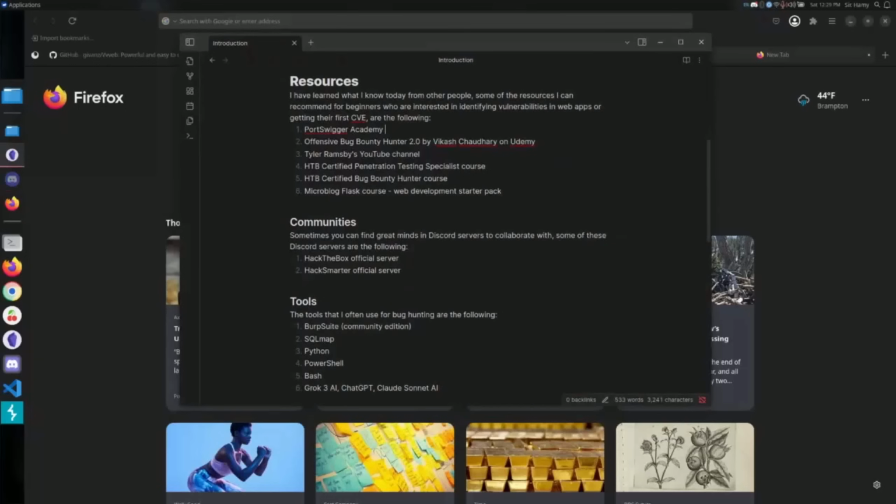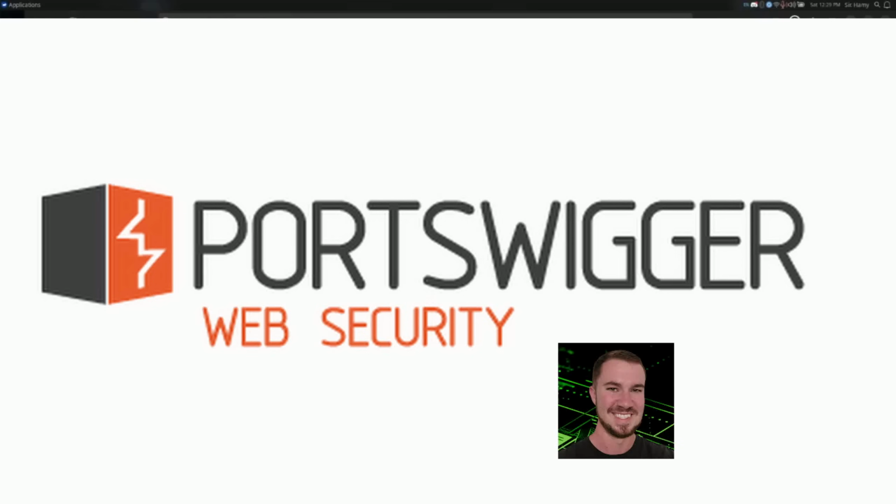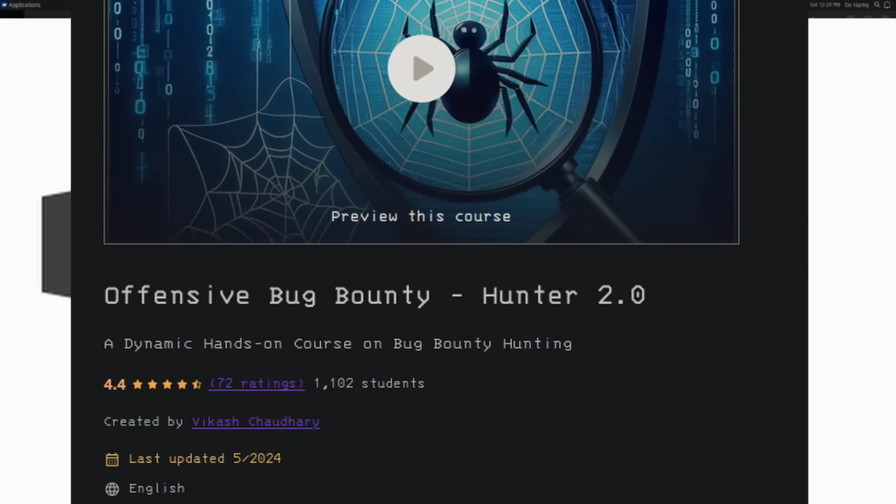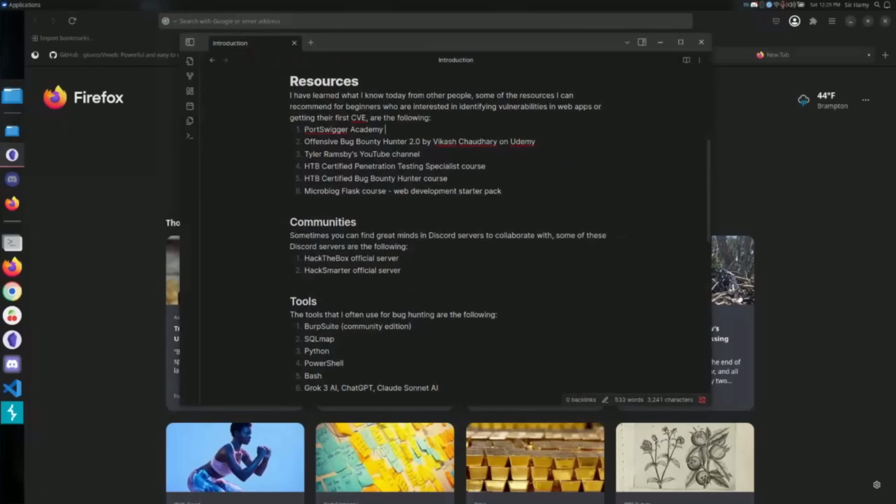So these are the resources that I want to talk about. These are all you need. You don't need all of it, but some of the most valuable ones that I could recommend for CVE hunting are Sportswagger Academy, Tyler Ramsey's YouTube channel, and Offensive Bug Bounty Hunter by Vikash Chowdhury, if I'm saying their name correctly. I think these three are all you need, but if you're going through coursework of CPTS or CBBH, that would be great. And then there is a